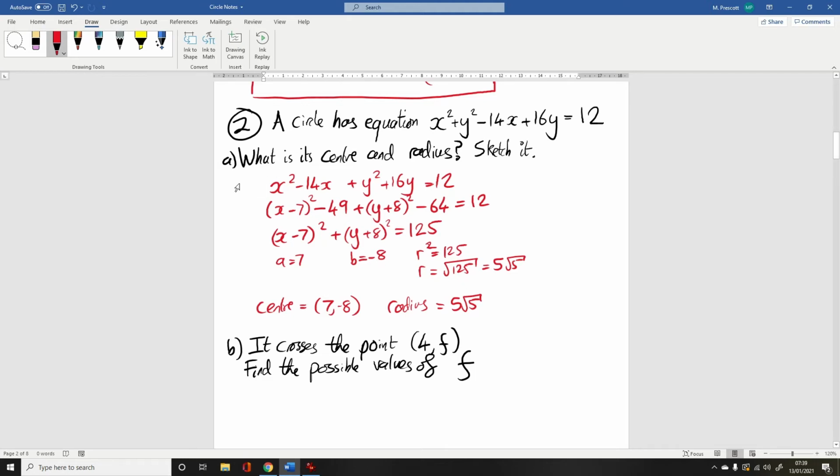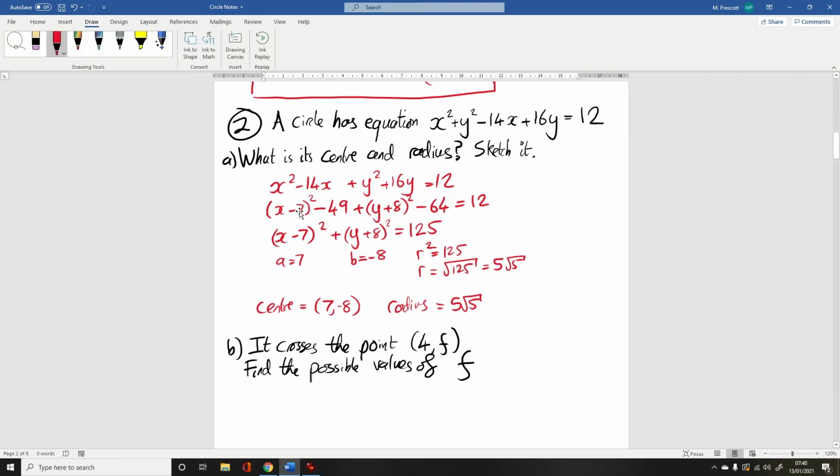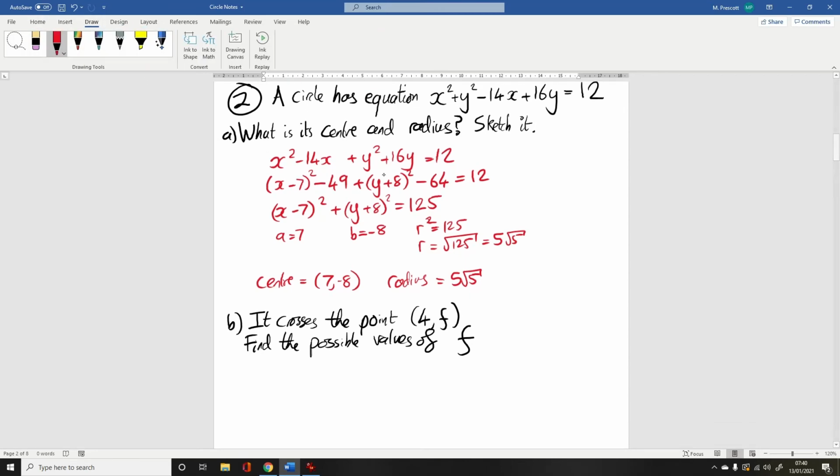Now we could obviously substitute that into either form of the equation. We could substitute it into the one they initially give us, or into the version that we've worked out. Possibly the smart exam approach is to substitute it into the original form, in case you made a mistake in part A, but I'm going to back myself and use the version that I've worked out. So I know this is (x - 7) squared, so (4 - 7) squared,